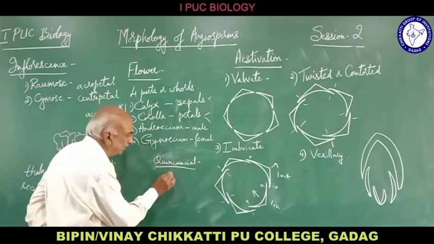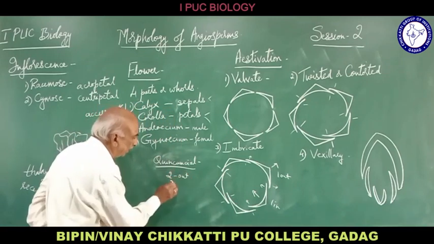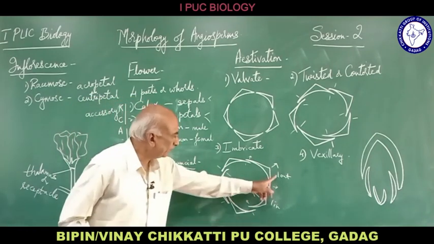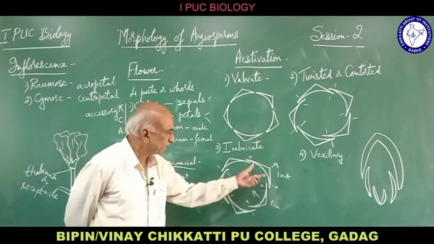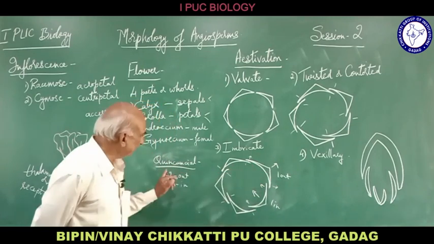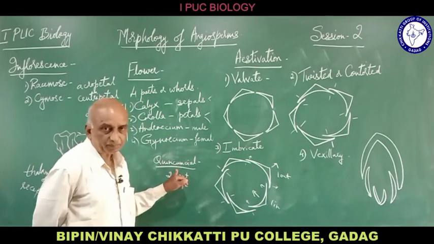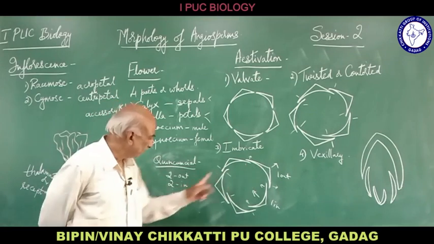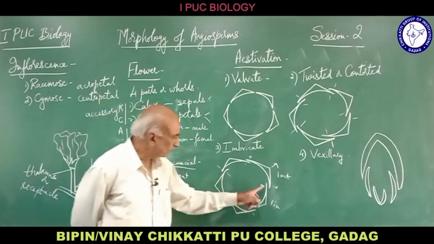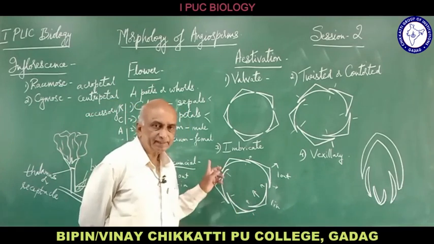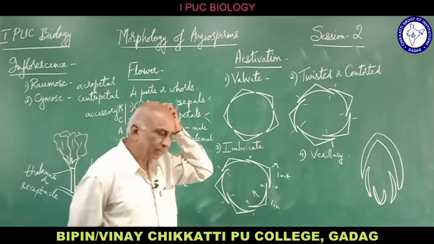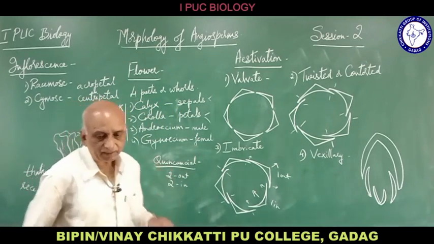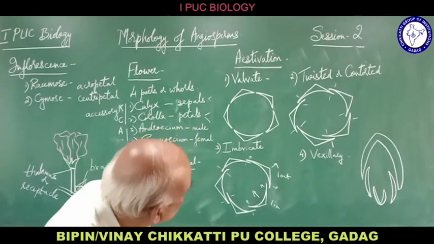But in case of quincunxial, two are out and two are in, the remaining are twisted. So only in the number of the petals or sepals which are completely out and completely in, that differs between imbricate and quincunxial type of estivation. Here two sepals or petals are completely out like this, and two petals or sepals are completely in like this. The remaining, whether it is a single or two or three, whatever the number of the remaining petals or sepals, they are in the twisted estivation, that is quincunxial type of estivation. So this is what is estivation.